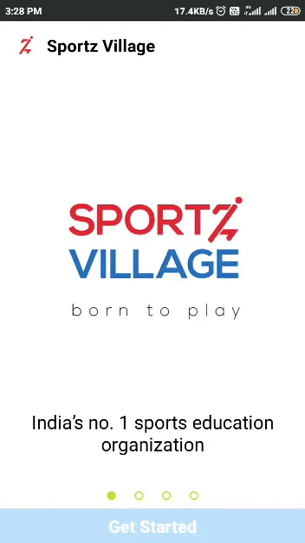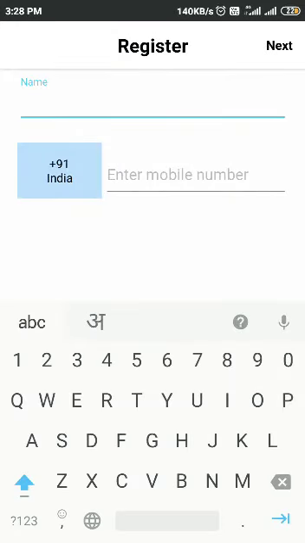Yeah, this is the intro screen. Click on get started. Now this is the registration process. A parent needs to add his or her mobile number as well as name. Once you enter the mobile number, an OTP will be sent to your inbox. A lot of Android or iPhone mobiles nowadays have a facility where the system itself fetches the OTP number from the inbox directly.